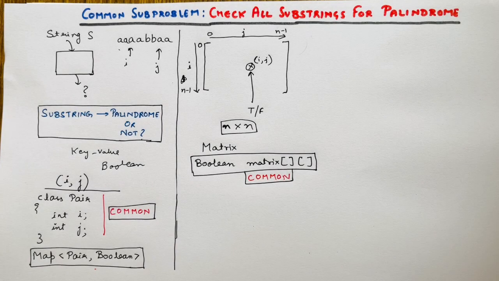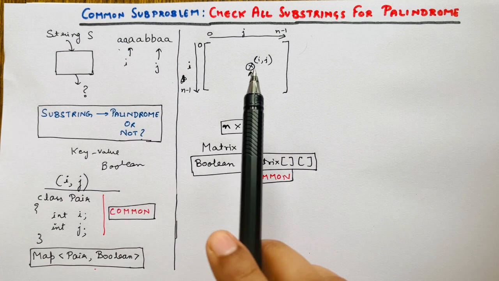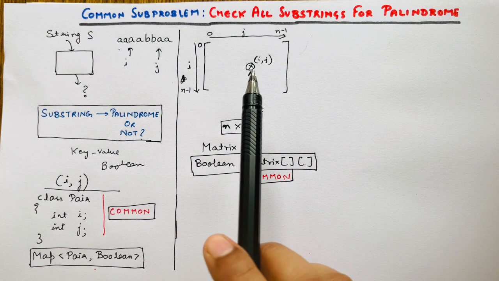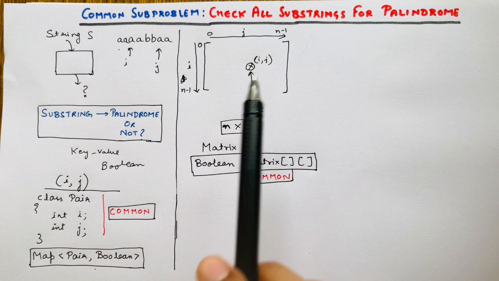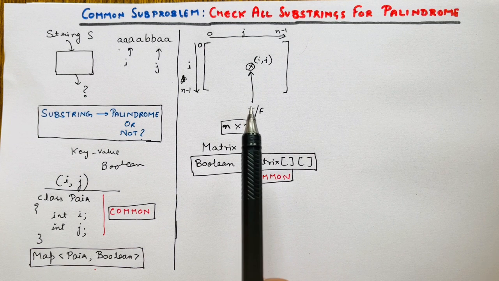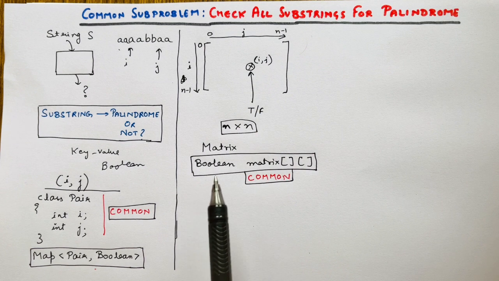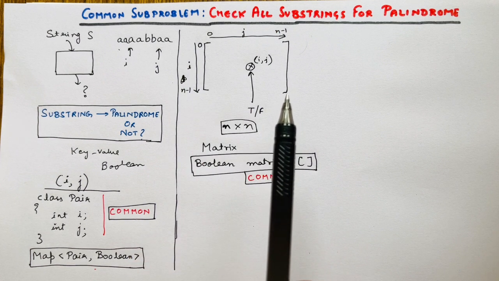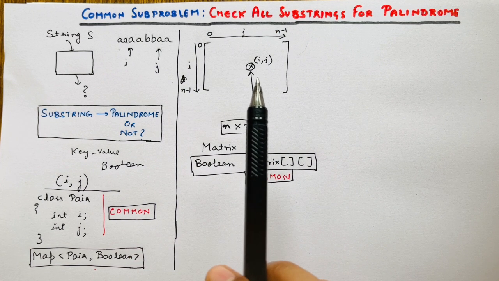Another way of representing the output will be a matrix. A matrix of what size? Matrix of size n cross n, where n is the length of the string. Why? Because consider any element of this matrix. Let's say this one. We can mark it as the I comma j coordinate of this matrix. Now for this I comma j, we can mark the value as true or false. Therefore, similarly, for all possible combinations of I comma j which represent a substring, we can fill the matrix by